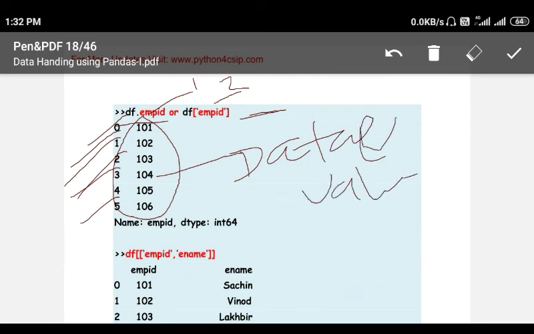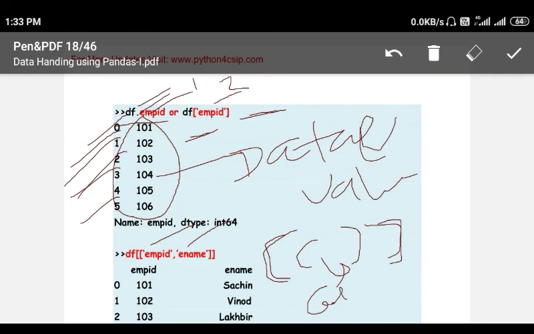If I want to access two columns, I have to write like this. A single column we can write using bracket notation or dot notation also. But if we want to access two columns, remember two brackets are there: the outer bracket is for the data frame, and this is for the column list.